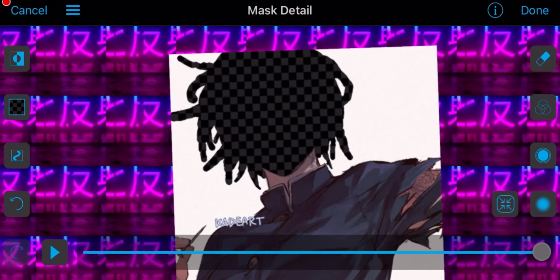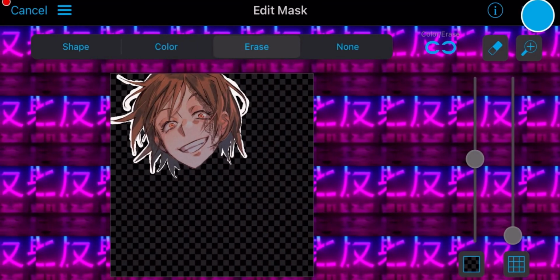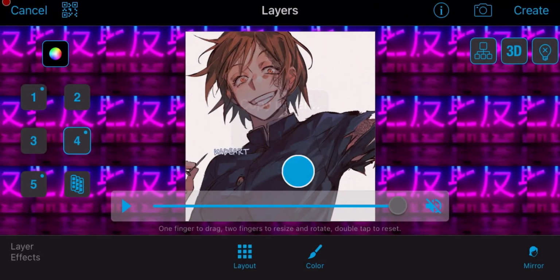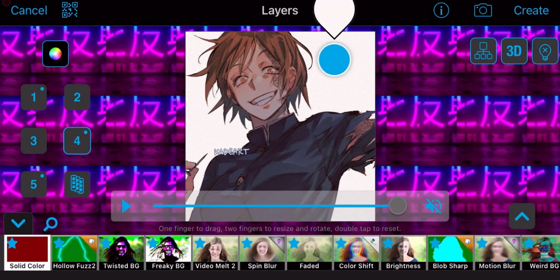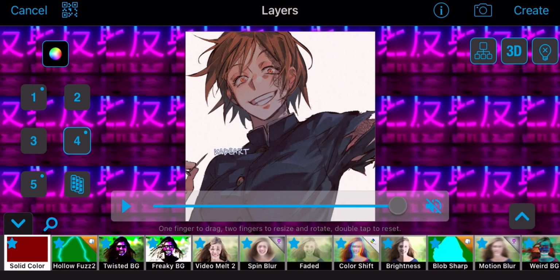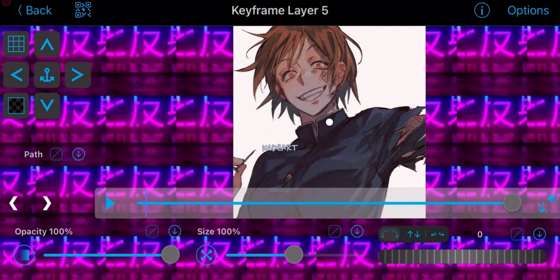Once you've done that, you're just going to invert it again, and like I said, I still have some white, but I have a solid background, so it doesn't really matter. And then done, and then go to 4, copy, 5, and then do solid color again like you did for the eye back there. Get the background or whatever's closest to the head area. Go back to 5, show all layers, go to the end,